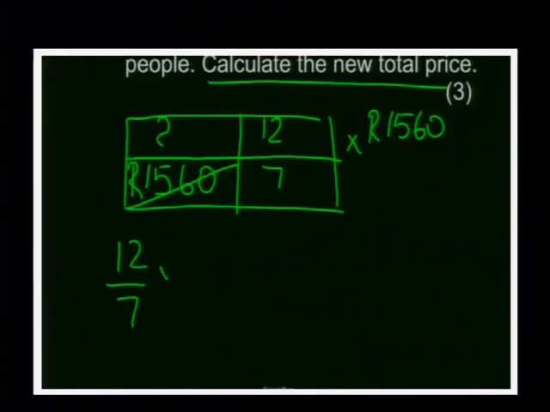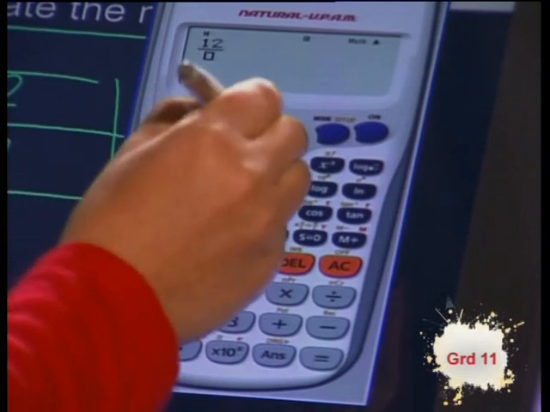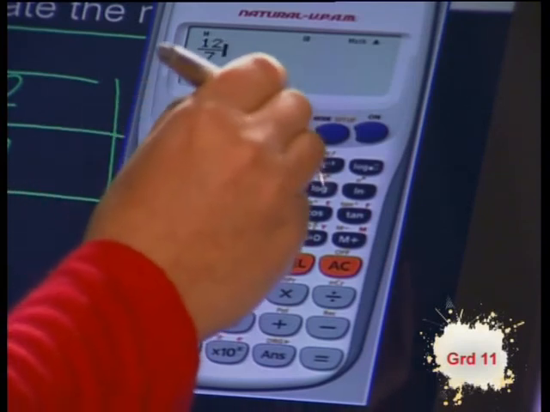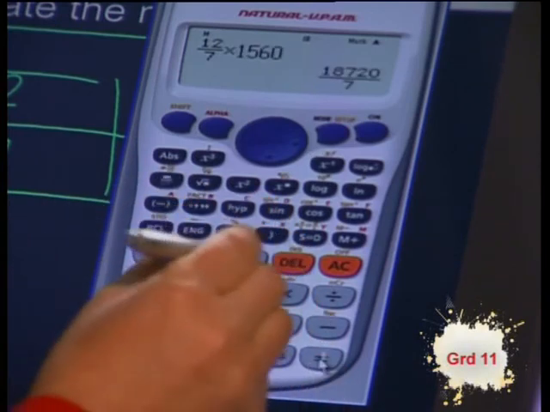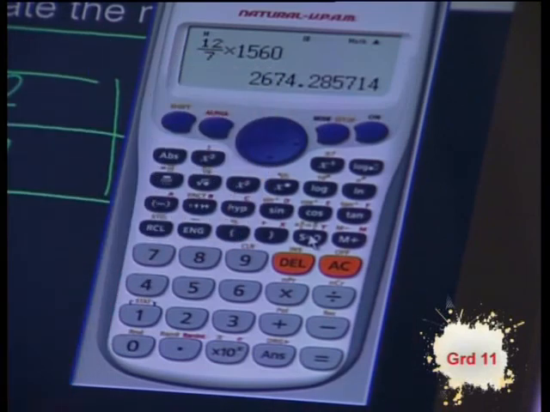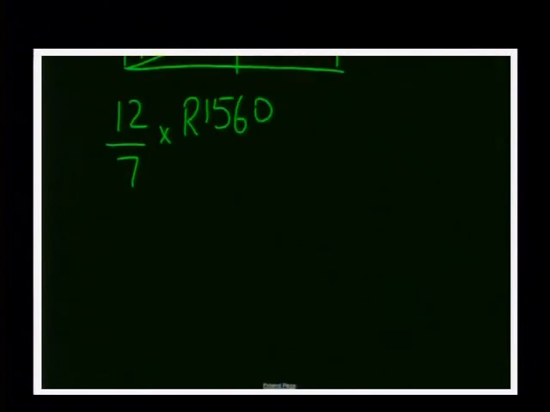I want you to still show your calculations for this. So let's write it in. It'll be 12 over 7 times by 1,560. And we can do that on our calculator. This is the fraction button. 12 divided by 7 times by 1560, and we get an answer of 2,674 and 29 cents. We're going to round up, so 2674